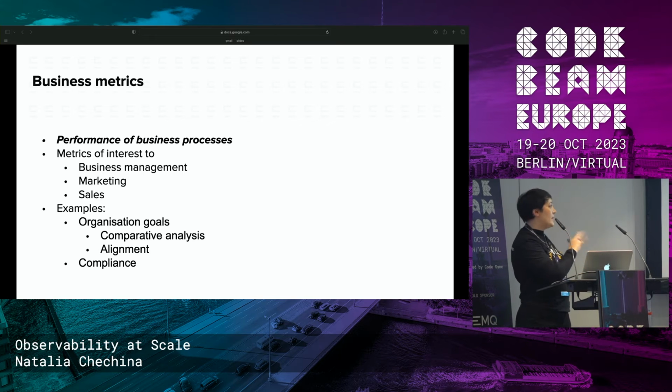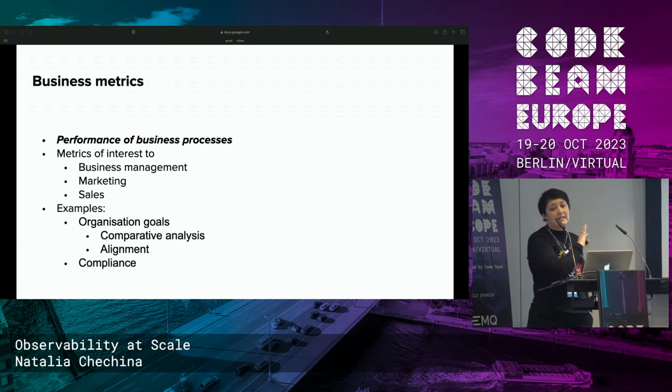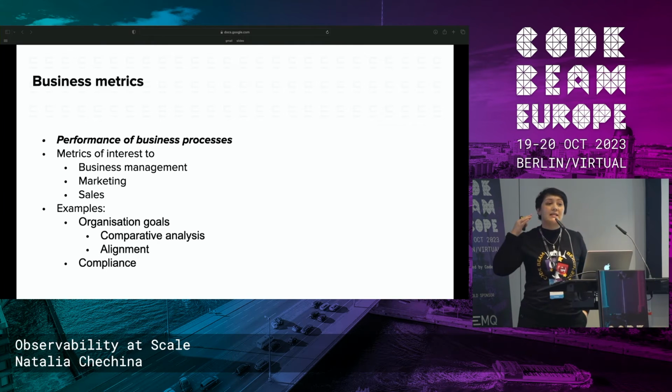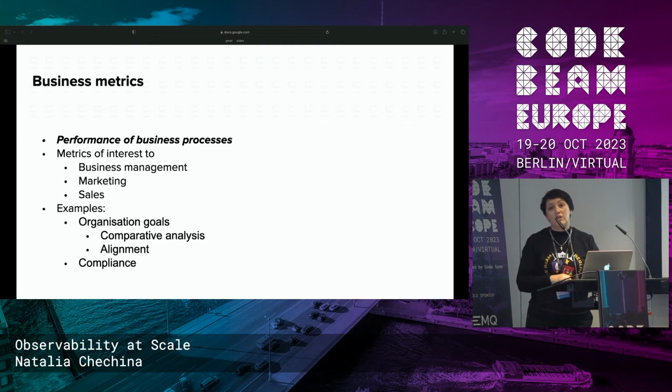These are metrics of interest to business management, marketing, and sales, and here we are talking about comparative analysis. For example, how your system behaved a year ago and how it behaves now. Were there any improvements? Especially maybe the number of users, number of paid users and things like that, load of traffic and so on, depending on your application. Also some kind of compliance, right? Maybe certain users are not allowed to access. Maybe you need to provide a certain level of traffic. All these metrics you can incorporate.